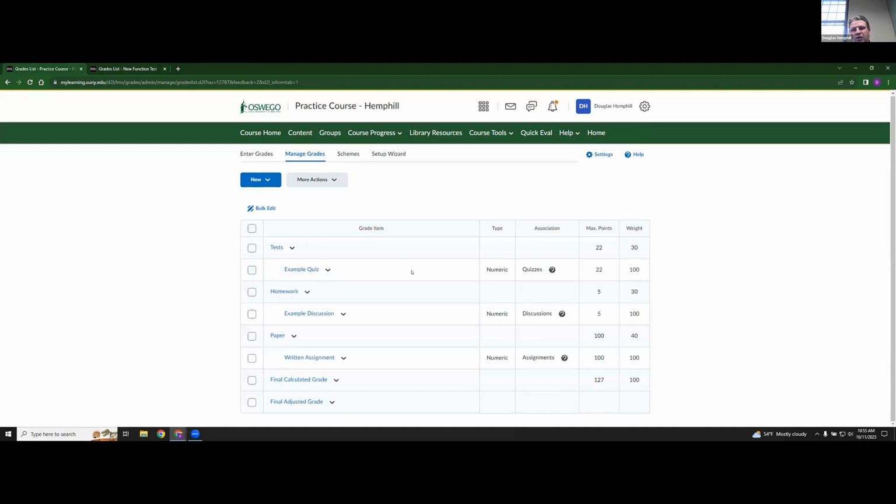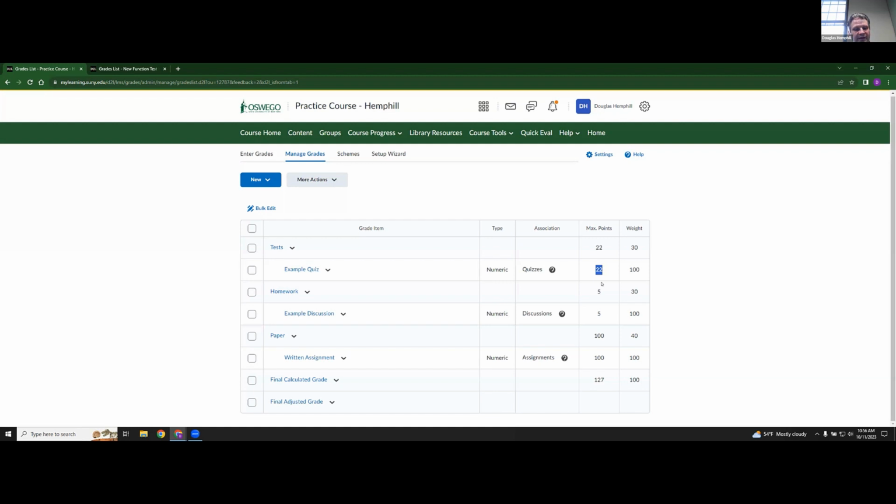Now, when we're looking at a more holistic gradebook, the first thing we're going to look at is this number. Does everything add up to 100% for a weighted gradebook, or for a points-based gradebook, do all the points add up to what I want them to be? And then I can also just do a quick scan of, are the points for the assignments all correct? Now, at this point, there's sort of a secondary check because I want to make sure that these points match the assignment points, because again, they can get desynced,